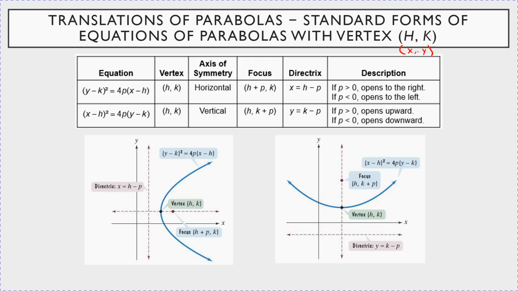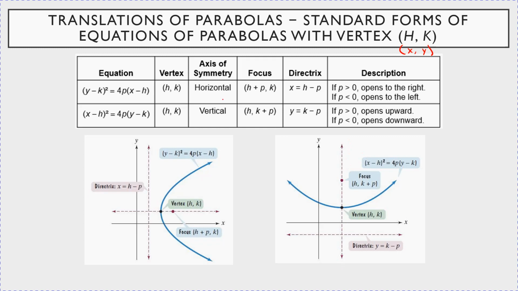So looking at this here, the center is going to be at (h, k), and this is important. The h is with the x, and the k is with the y, always. So just make sure you don't accidentally mistake that. If the squared term is with the y, it's a horizontal axis of symmetry like this. If the squared term is with the x, it's a vertical